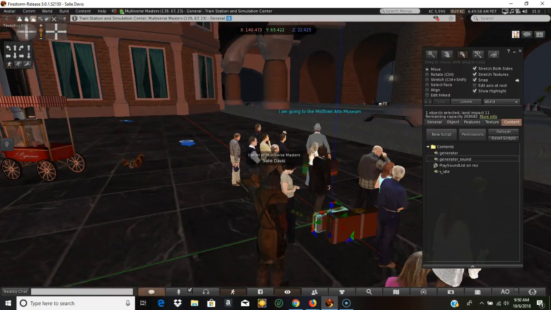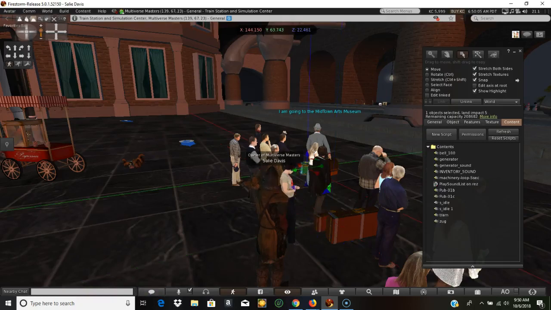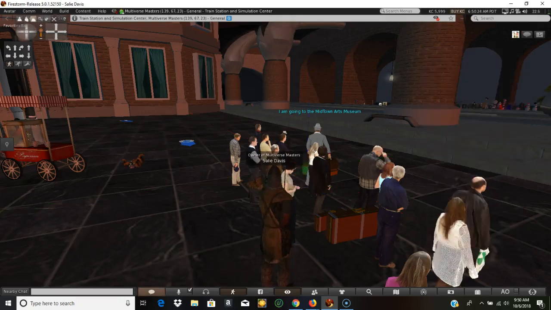So this one has a generator sound and an idle. And then this one has a long list. So you can put as many sounds as you want, and it's going to play them one after another. And once the sound list is all done, it's going to loop back to the beginning. So I find that really useful if you want a lot of noise in the background. And then he also has